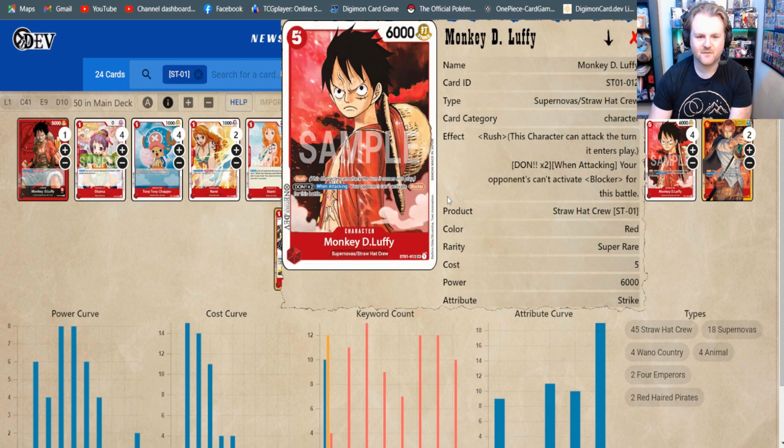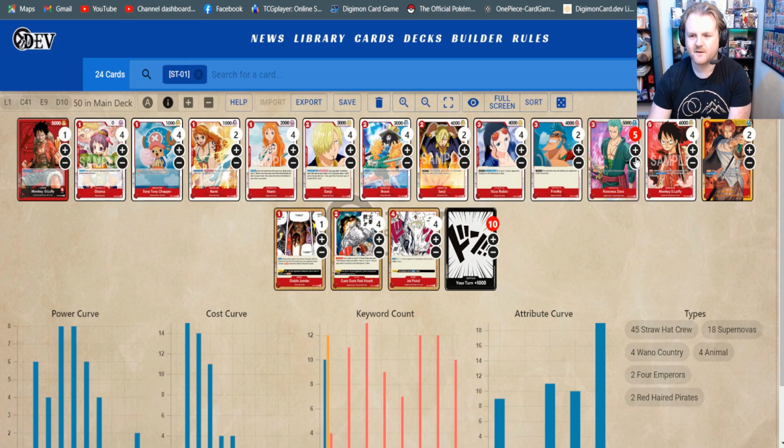Same with our Luffy over here. This is the one outside the starter deck. He does have rush, and then Dawn X2 when attacking your opponent can't activate blockers for this battle. So really good in that late game. If you're trying to go for game, your opponent's up a bunch of blockers, just being able to swing in with that rush, and they are unable to block him. So these two are really going to be our... I mean, you're going to be attacking with both the Nico and the Frankie as well. But having the Zoro and the Luffy just...